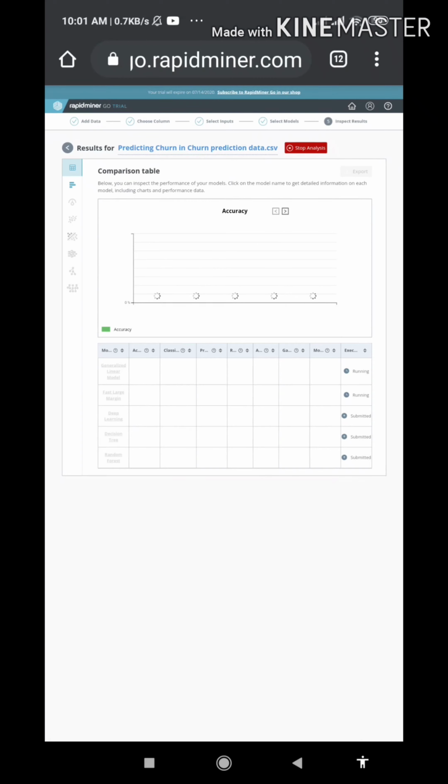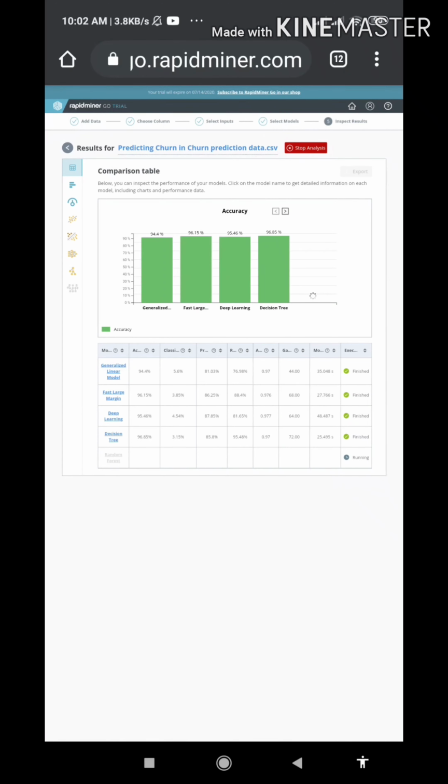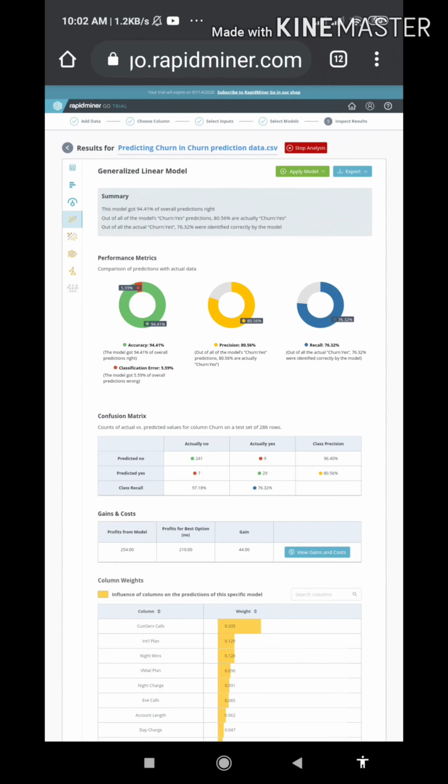RapidMiner Go is an AutoML built for everyone that makes data science more accessible for domain experts, business analysts, and business users. It's a web version, so you can just log in with your credentials. Technical decisions are always made with an intuitive UI. It's easy to explore your data and access the potential of machine learning to help solve a new problem. You complete the end-to-end data science life cycle with or without a data scientist.